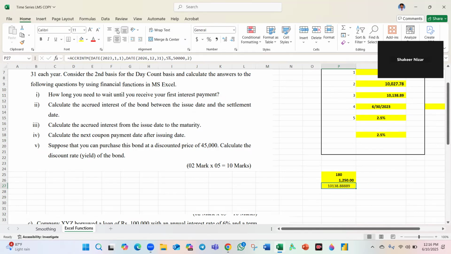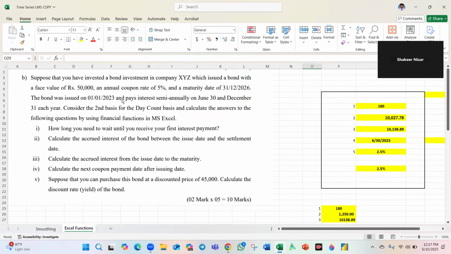I think this is the examinable point, and you can take the answers in a simple way. Here for answers one, two, three, four. For question number four, calculate the next coupon payment date after the issuing date. Issuing date is this. The next coupon payment, we know that it is semi-annual, in the sense 31st,